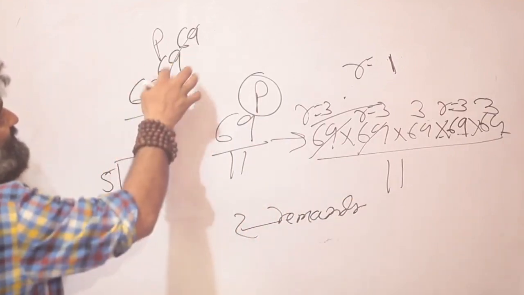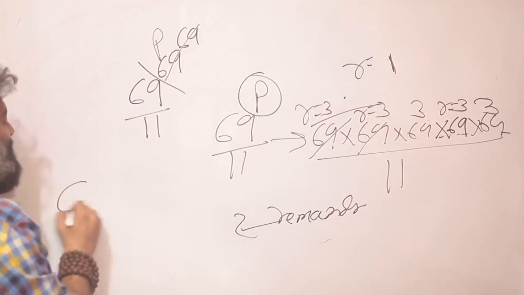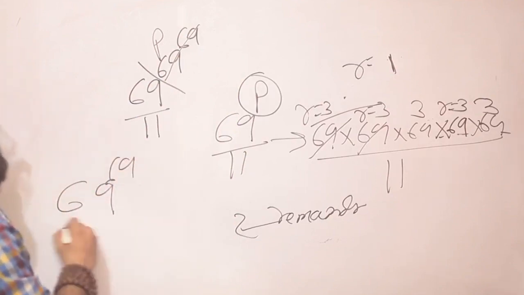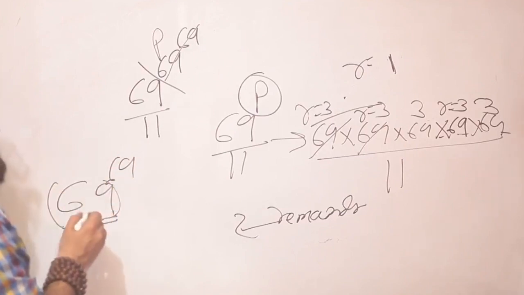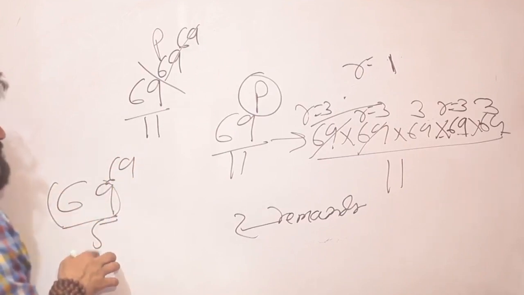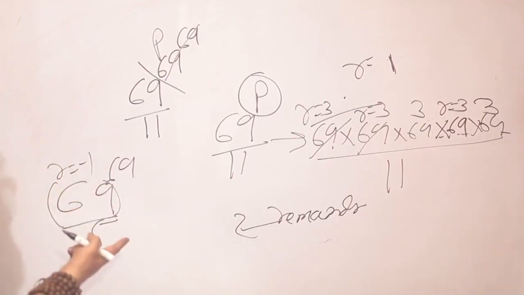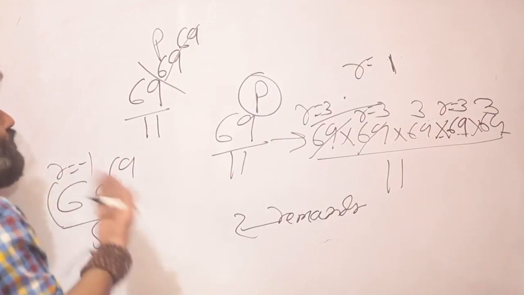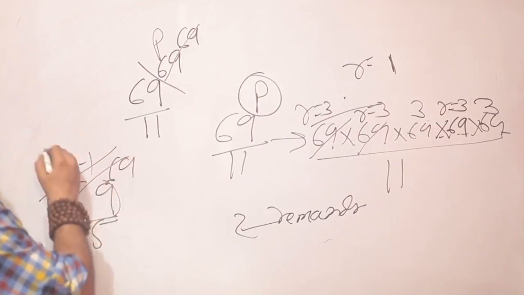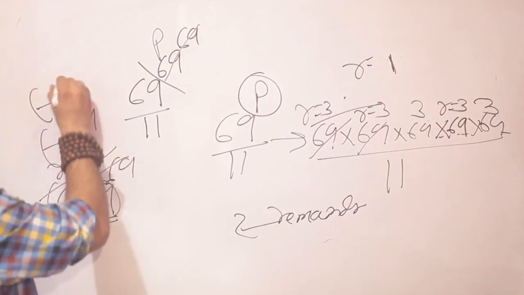What is the power? 69 raised to 69, the second part. That means now my question is 69 raised to 69 divided by 5. This should be done fairly quickly. 69 divided by 5, the remainder is -1. Why? Because 5 14s are 70. 69 is 1 behind it, remainder of -1. The power is 69, which is odd. That means my overall remainder is going to be -1 raised to 69, which is just -1.